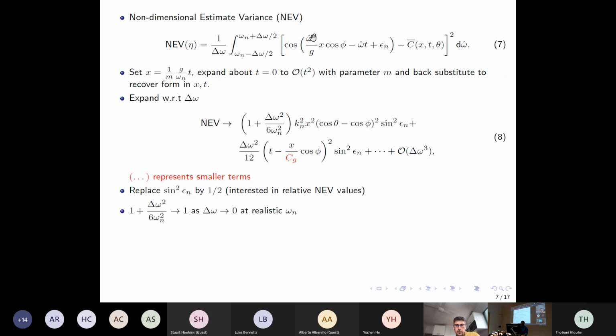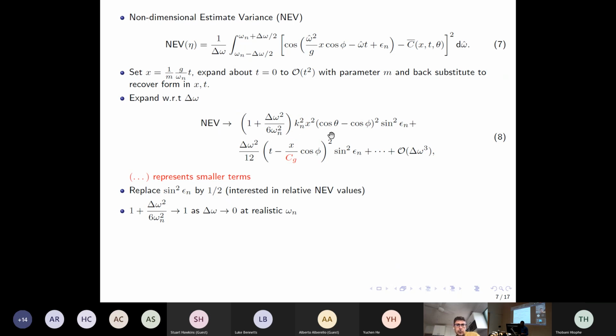And then because we are going to get Fresnel integrals when we integrate something like this with omega squared, we just expand this in t to order of t squared, and then we substitute back the x and t. So we start replacing x by this with m as a parameter, and then we substitute back, and then we take the integral, and then we expand again. This is a Taylor expansion, and then we expand again in delta omega. So we get the NEV